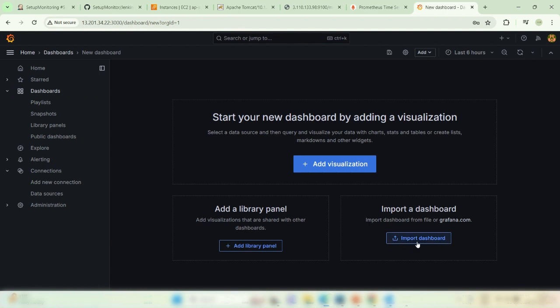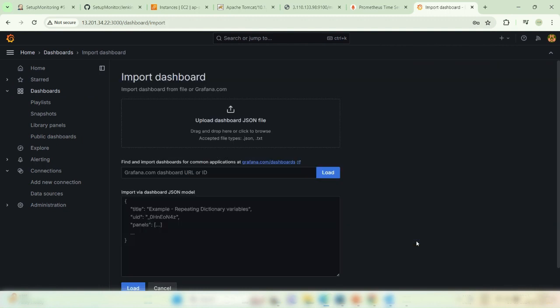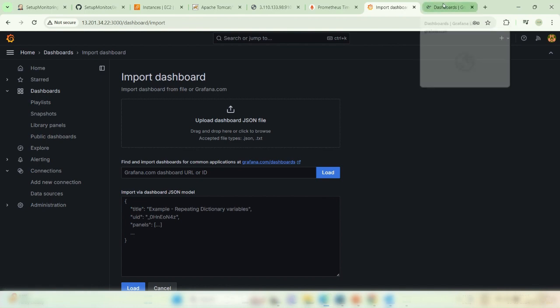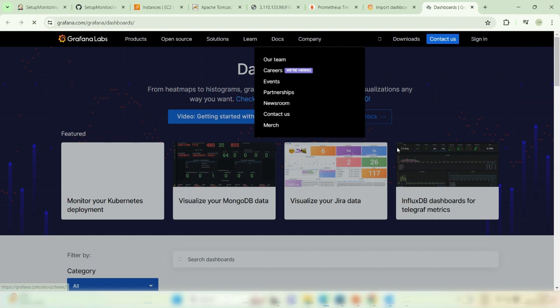And we will create from import dashboard. Click on import, and I will click on Grafana. I want to import a dashboard from the node exporter, right? So I will click on this and